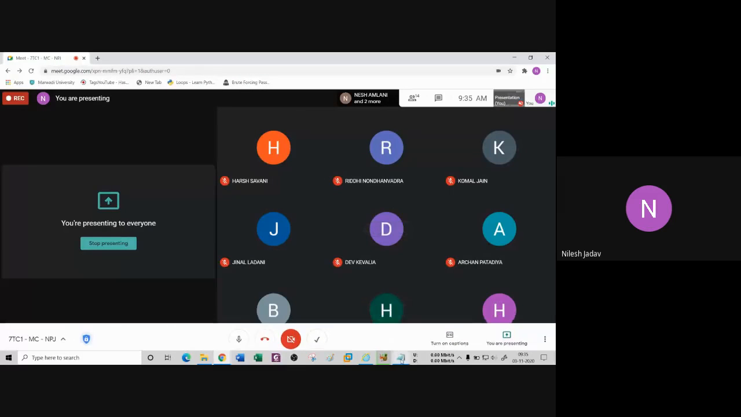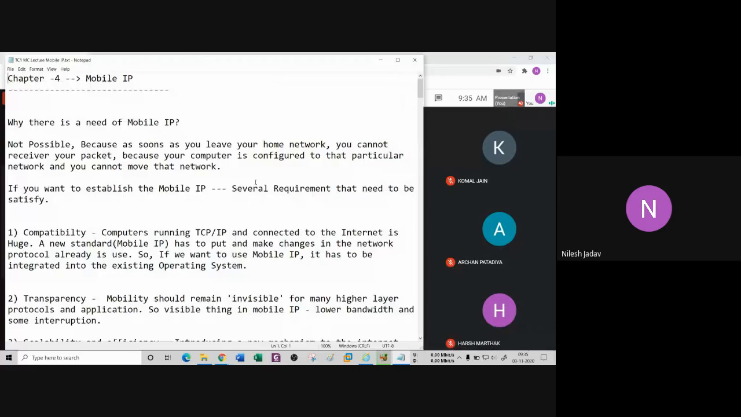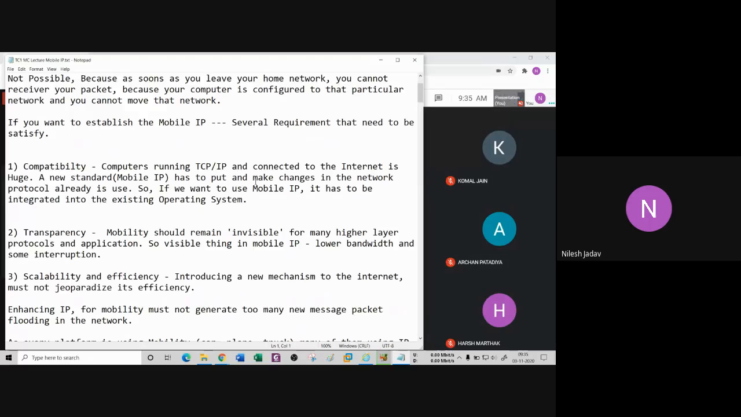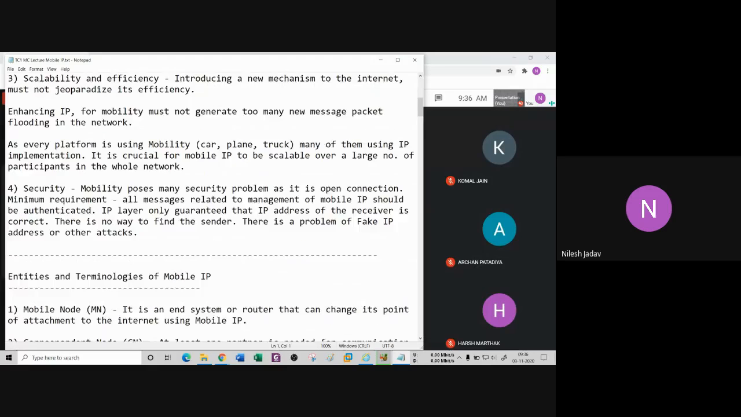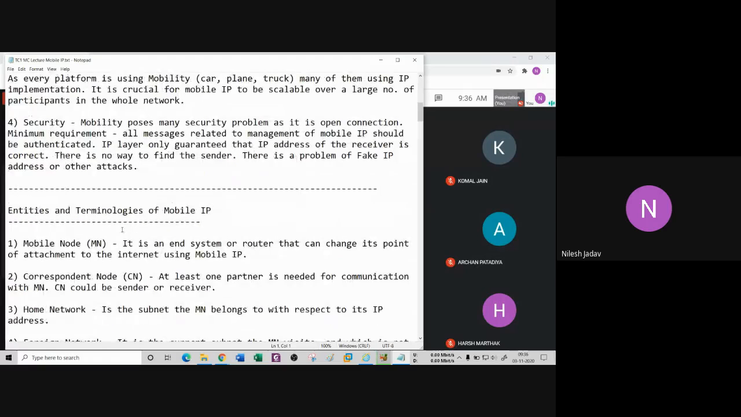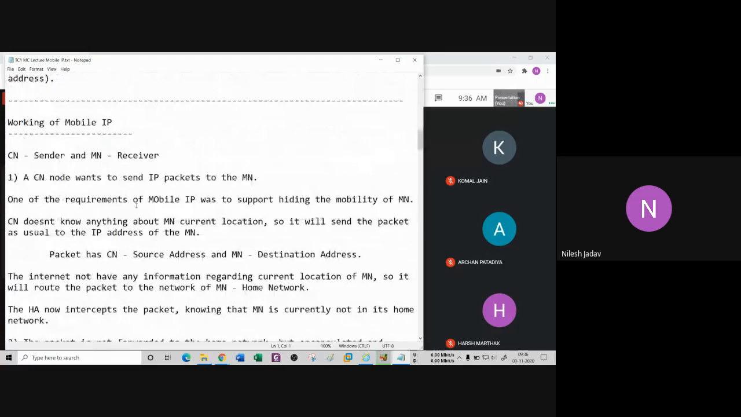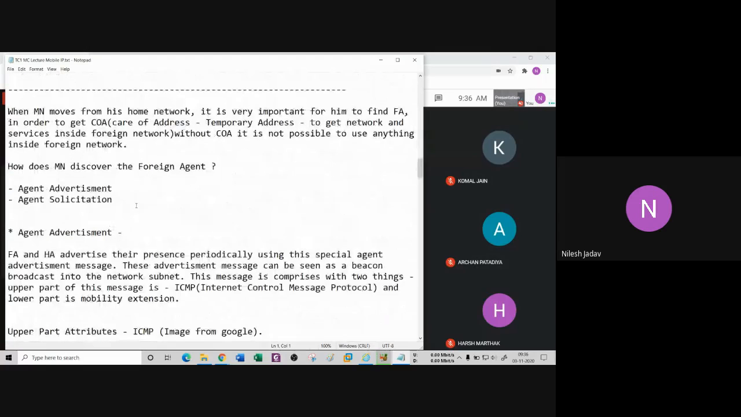In the previous lecture, we had discussed mobile IP. We had seen several requirements of mobile IP: compatibility, transparency, scalability, and security. We also saw the entities and terminologies of mobile IP and the working of mobile IP. We had discussed agent advertisement and agent solicitation: how exactly your mobile node discovers the foreign agent by means of these two mechanisms, advertisement and solicitation,